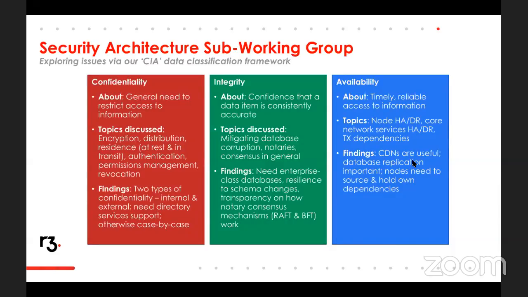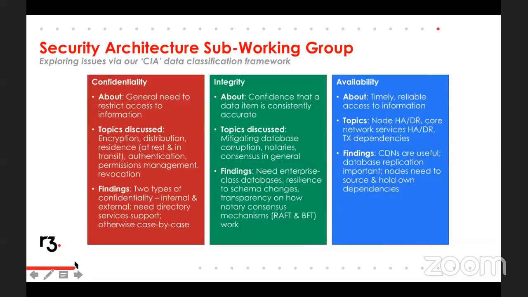And that leads us to some very interesting conclusions. We talked about the need for some form of directory services support. Beyond that, we have uncovered a number of other potential needs to be able to restrict how data moves around, but they tend to vary on a case-by-case basis. And for more detail on that, it's best to look. Those of you who are members of the consortium will have access to the detailed notes, which will give you some insight into that.